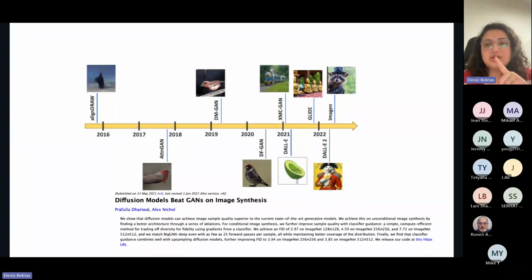But now they increased the dataset size and enabled XMC-GAN to produce better images, depicting clearer scenes. In the same vein, the authors of DALL-E showed that further scaling of the dataset to 250 million